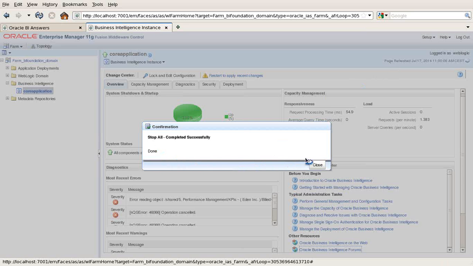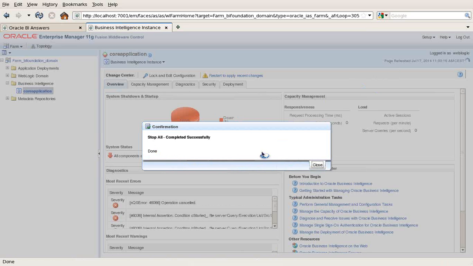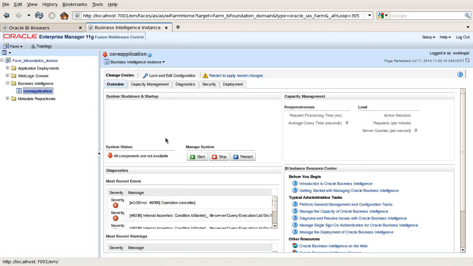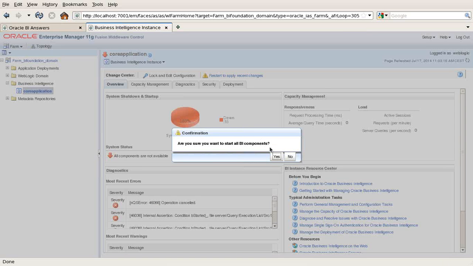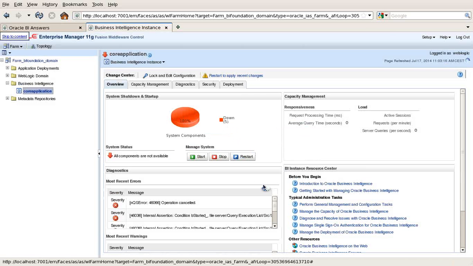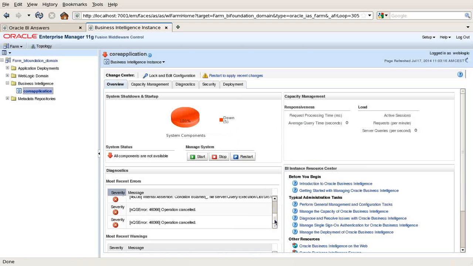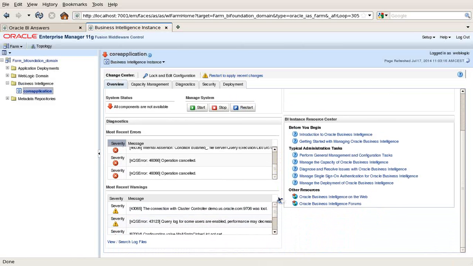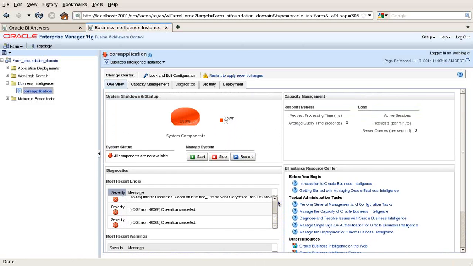So all services got stopped. I click on start now and start all the services. You see when the services got stopped, I can clearly see the list of services stopped. The graphical presentation makes my understanding easy. Click on start. It will take another few seconds to start the services. There are 5 services down as of now, and you can see the list of services over here and the respective errors. The panel is designed so intelligently, all the options required by administrators are available over here.